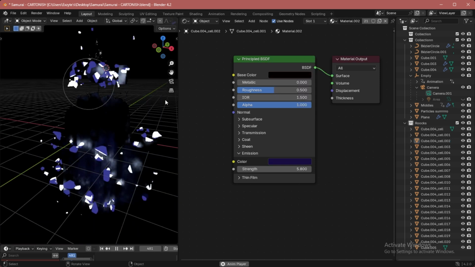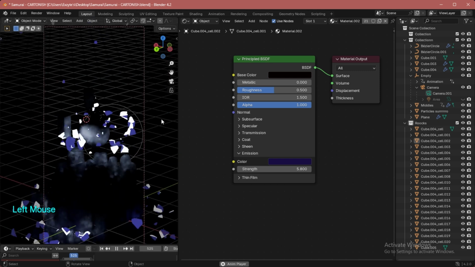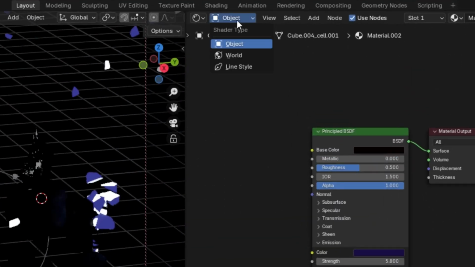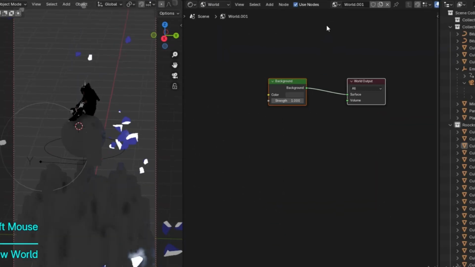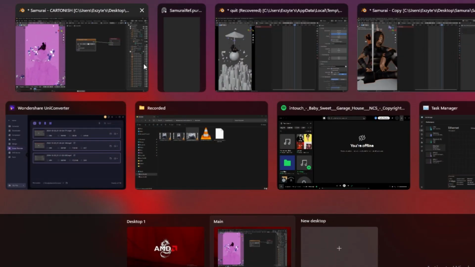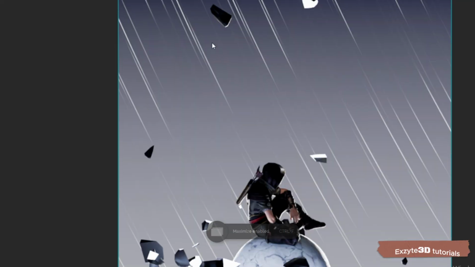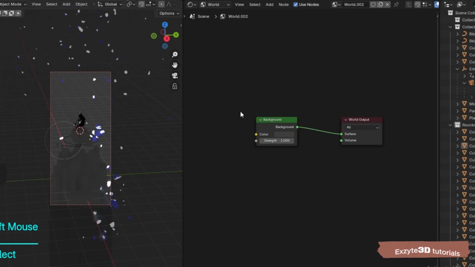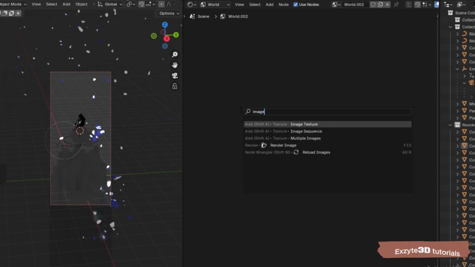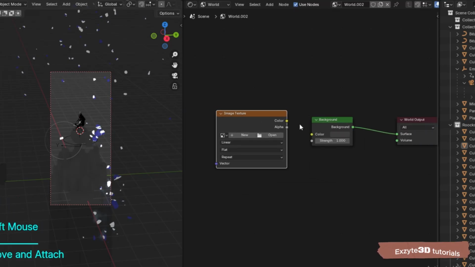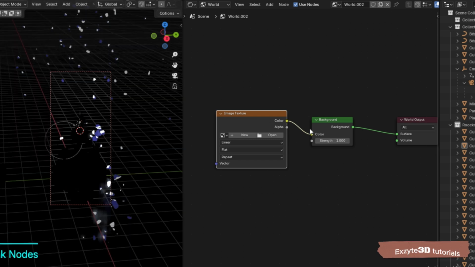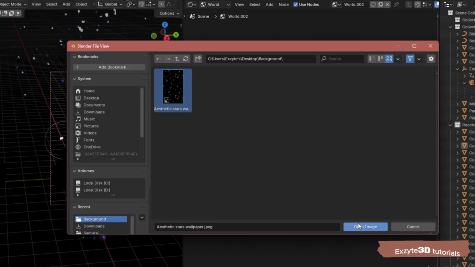Okay, now is a good time to create this beautiful background, so let's switch to World in this shader editor to do the trick. Okay, now we need to achieve this background look here. For the background, it's a matter of personal preference of what to be in the background. For me, I think I like this one the most, so I'll create this background as the sky, let's assume. I won't use a sky texture or environment texture node; instead,